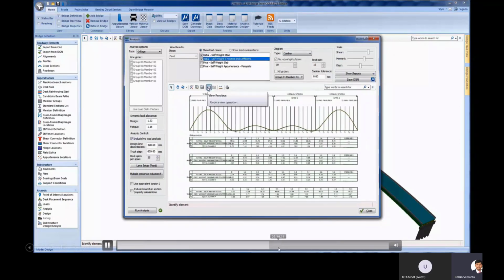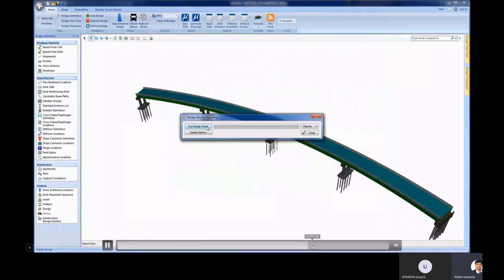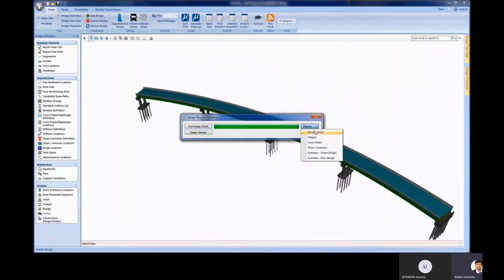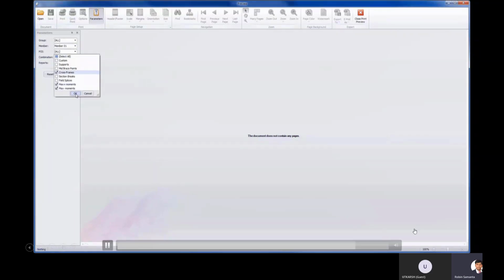So here you can see how it creates certain reports, and stress results as well. It does automatic checking as well, run design check. So after analysis, if you run design check and go to the design check reports, you can see the stresses, right? You can also run the fatigue check. You can do these things in RM also. Those are a little bit complicated because in LEAP Bridge Steel it doesn't go with your construction stage modeling, but here also you can see how easily you can create or see those kinds of reports.